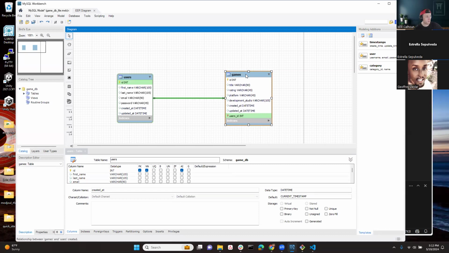If you remember a couple of weeks ago, we talked about it. In this scenario, a user can create many games, but a game can only be created by one user. That's what we call a one-to-many. A user can create many, many games, but a game can only be created by one user, right? An instance of a game. And so with that, we have something called a user ID, right? This is our foreign key,